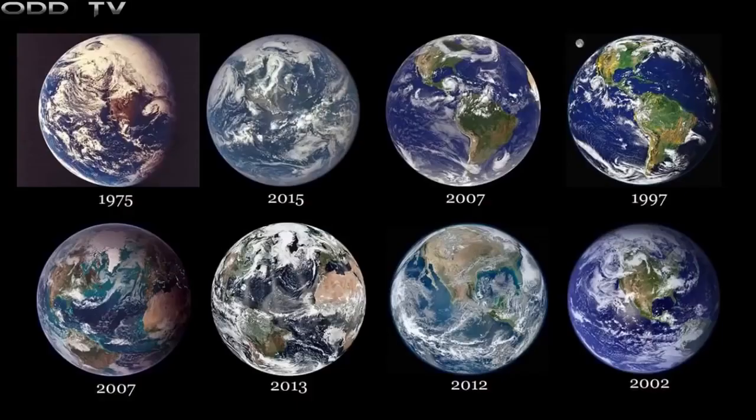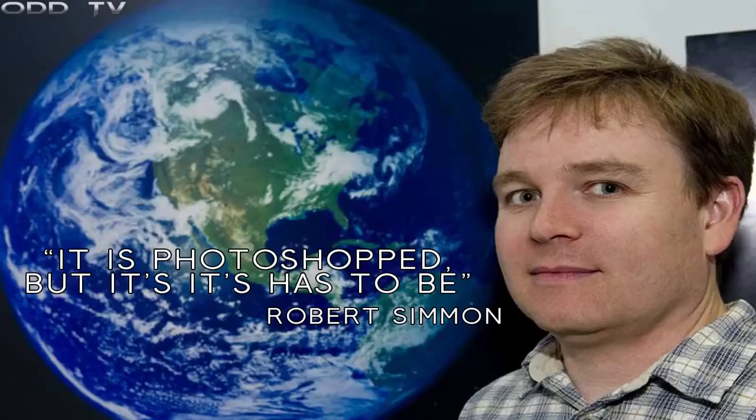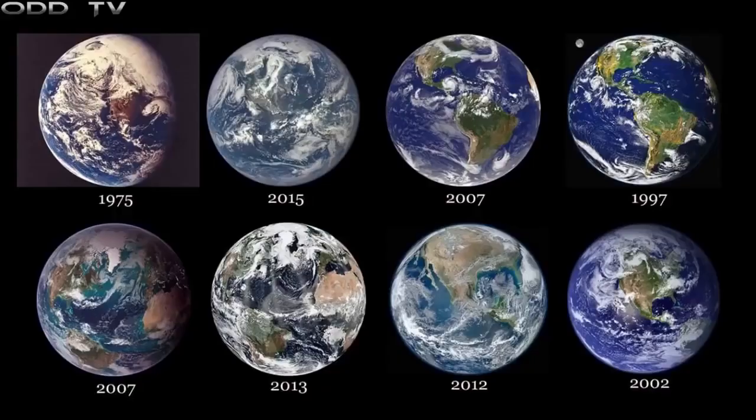We have 0 authentic pictures of the Earth and they're all composites, and NASA even admits that they Photoshop Earth images. It is photoshopped, but it has to be. Just because an image is photoshopped doesn't mean it's completely fake. It's not easy to take a photo of the entire world, so composites are necessary a lot of the time